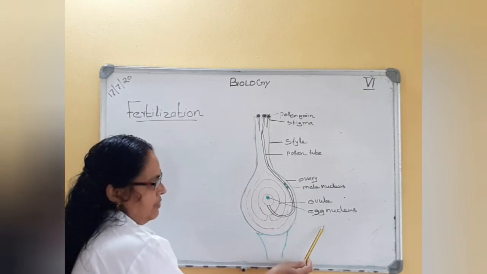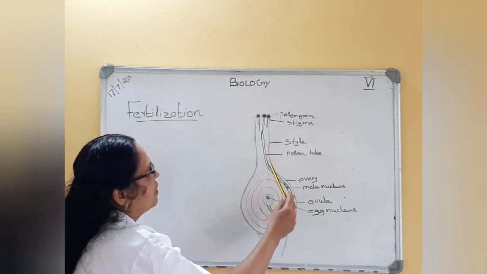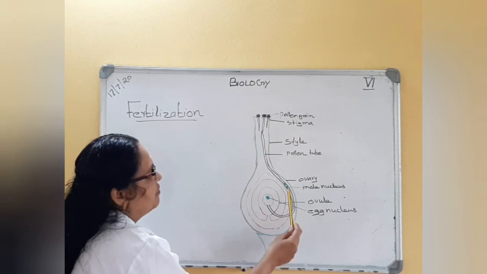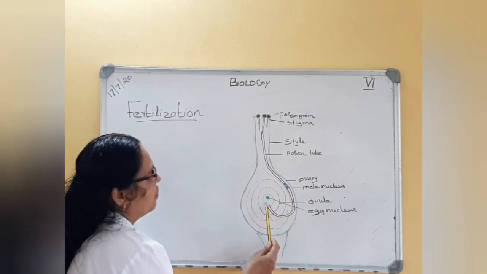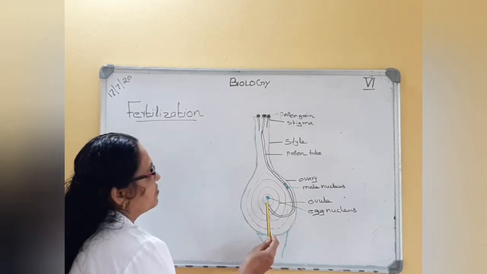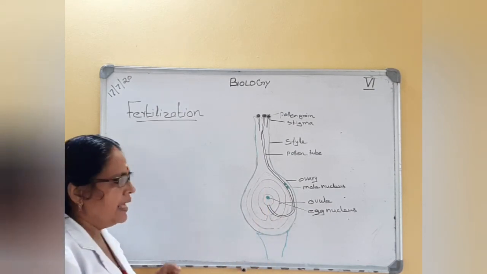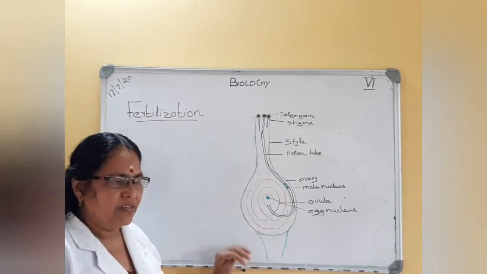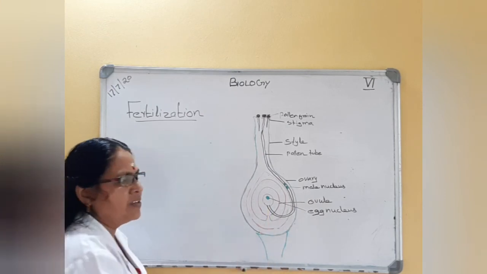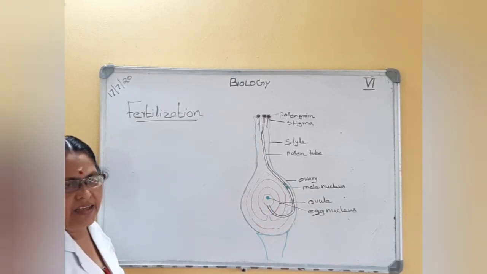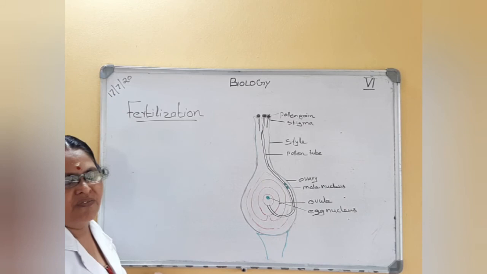That is the female nucleus. So inside the ovule there is an egg nucleus. So the pollen tube grows downward with the male nucleus, enters into the ovule of the flower and fuses with the egg nucleus. Okay, this is the process of fertilization. So the fusion of the male nucleus with the female nucleus is known as fertilization. After fertilization, the zygote is formed. That is the product of fertilization.